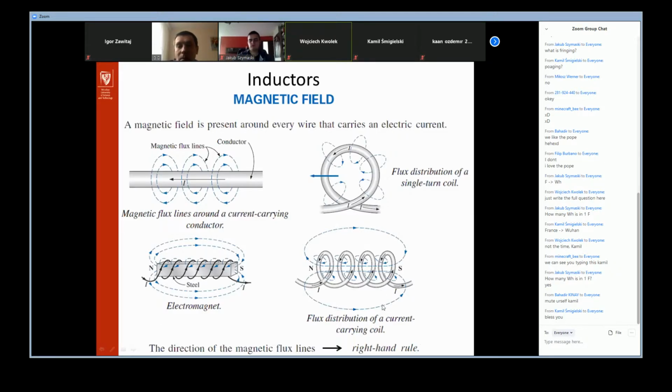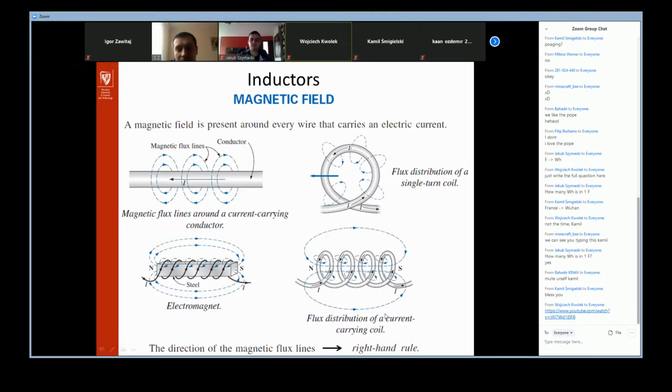If we make more turns, we can produce something which is called a coil. So we can say that the current passing through the coil produces, in fact, the magnetic flux lines, and according to the